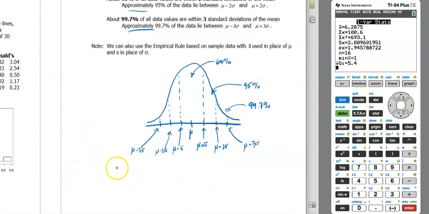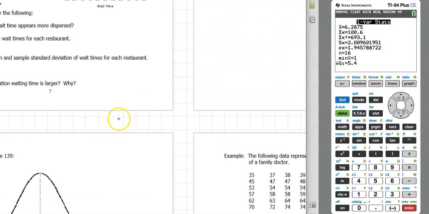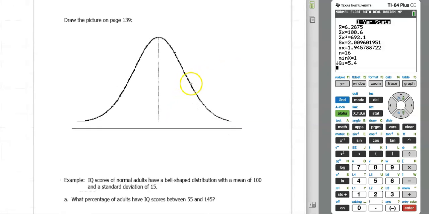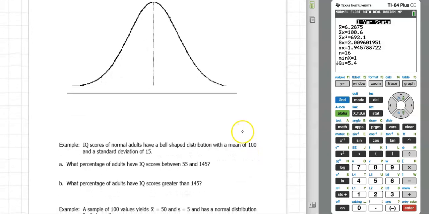In particular, I say that it would be rare because we use a standard of a 5% probability as being something that would be considered rare or unusual. And I'm going to carry on with this example of how to use the empirical rule in an application. Something else that's normally distributed are the IQ scores of adults. And so we'll see it as a recurring theme that we can use IQ scores as an example of a